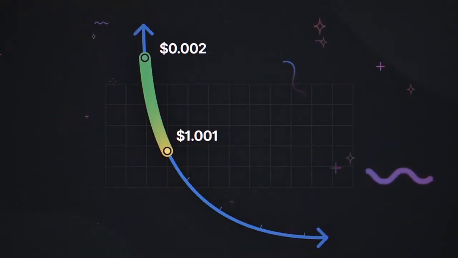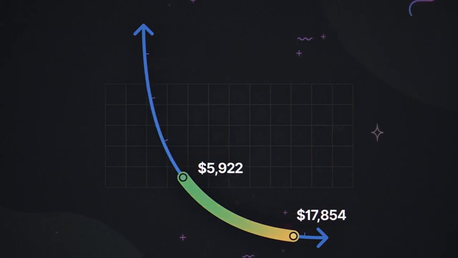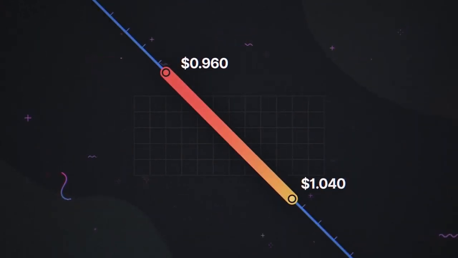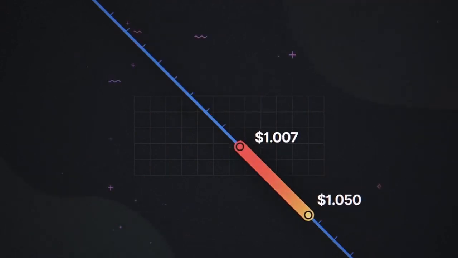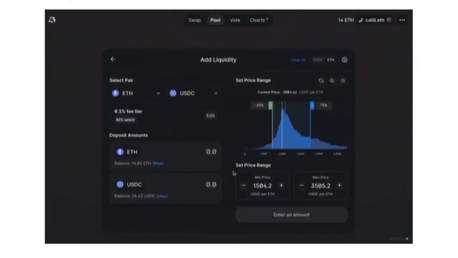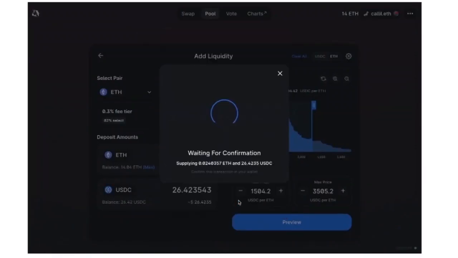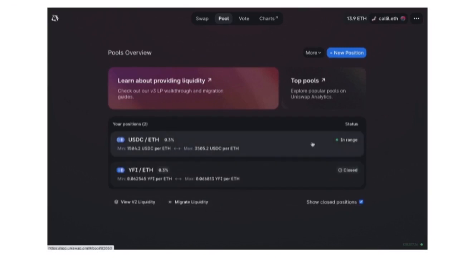You can see that liquidity is concentrated between these ranges, and if the trading actually goes outside these ranges, you will not be guaranteed any fees. You can see that you have custom control to control which range you ultimately want to provide liquidity for. Next, you will need to deposit equal amounts of the two tokens in order to provide liquidity. You will then need to add and approve the first transactions, and once that is done, congratulations, you now have